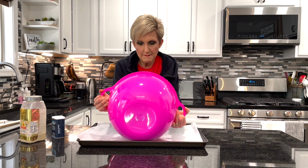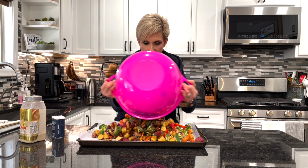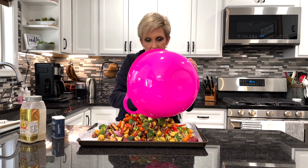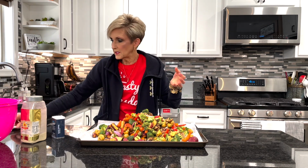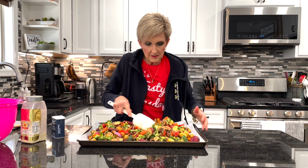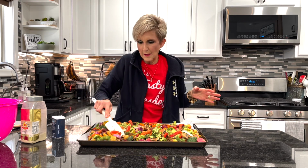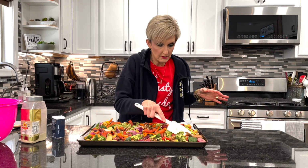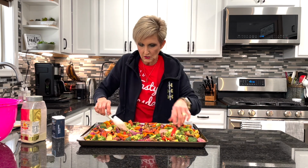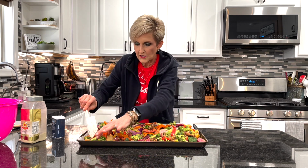All right, we've got our big baking pan covered with parchment paper. Now we're going to dump out all those beautiful vegetables onto our roasting pan, and we're going to spread them out nice and even. It reminds me of a lobster bake, but we don't have to kill any poor lobsters to make it pretty. If you have a couple of chunks of onion that didn't break up, you can use your fingers to break them up so that they're spread out between the veggies